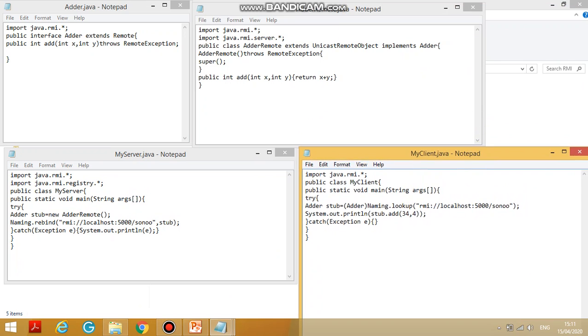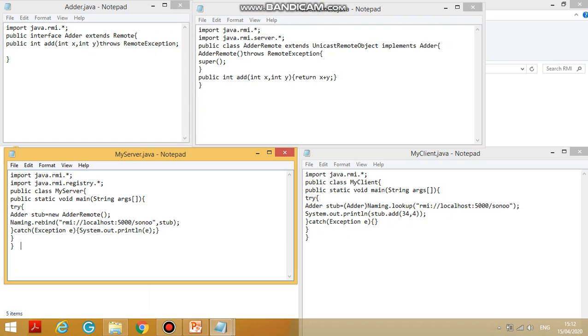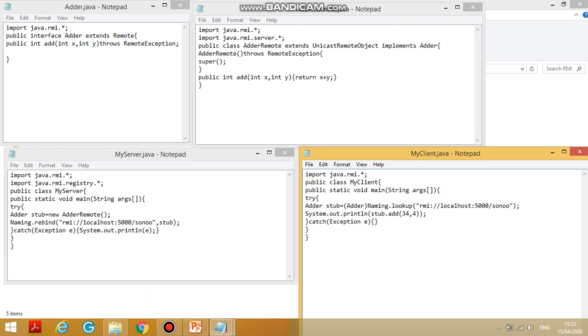So these 4 files are required for the RMI application.